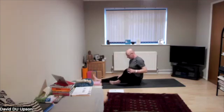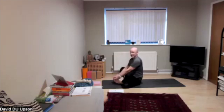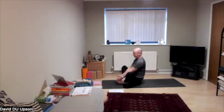Now we're going to bring the heels in towards the ground and work in towards boat pose. So initially the knees are out wide, and we're just going to take the index finger and middle finger around the big toe again. Going to lean back a little bit and walk the heels further in towards you, so you're more onto the back edge of the sitting bones. We'll take a breath,